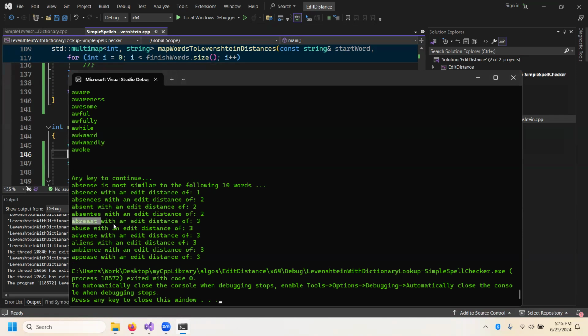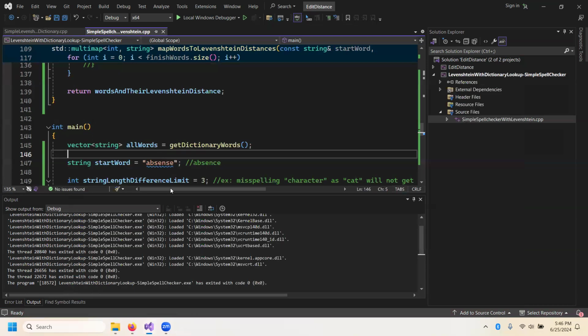As humans know, at least the meanings of these are very different. Abreast is not at all similar in its meaning to absence. Edit distance is 3. Okay, abreast, so it's kind of neat to see. Yeah, appease. Okay, edit distance of 3. Anyways,